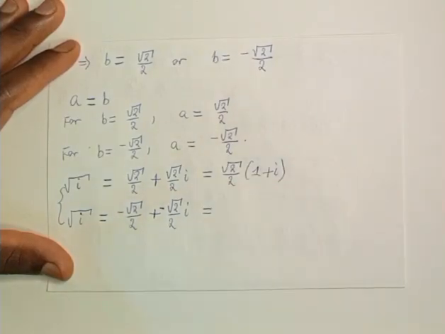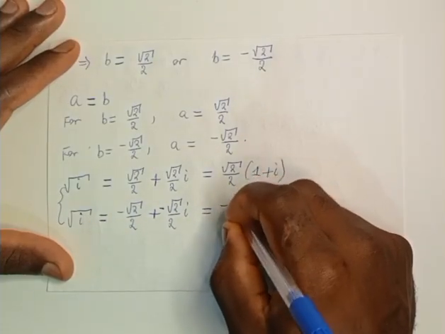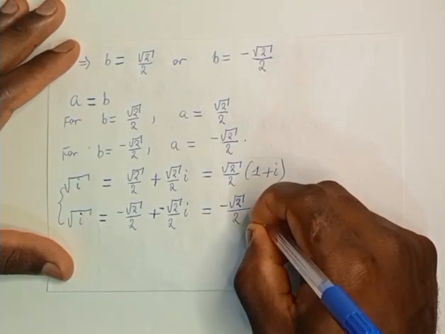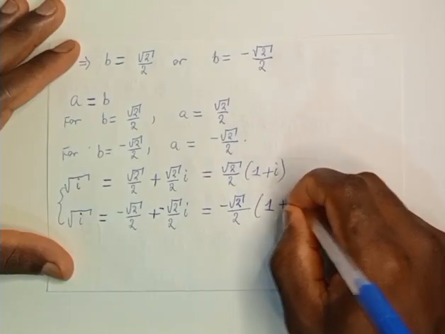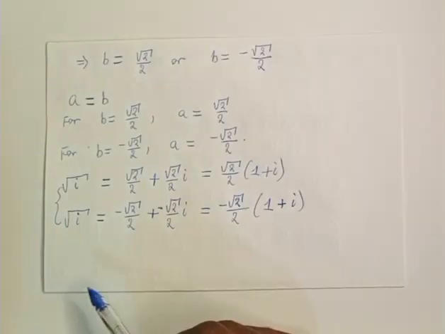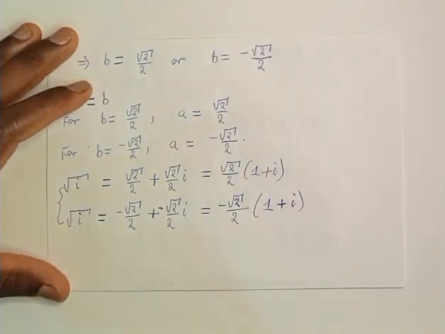This will simply be equal to, we can factor out negative root 2 over 2, negative root 2 over 2 times 1 plus i. It simply means the square root of i, we can write it as such,